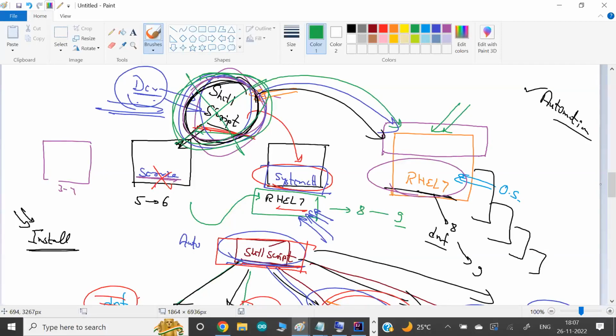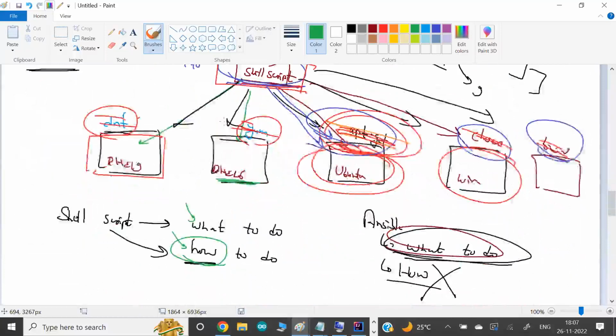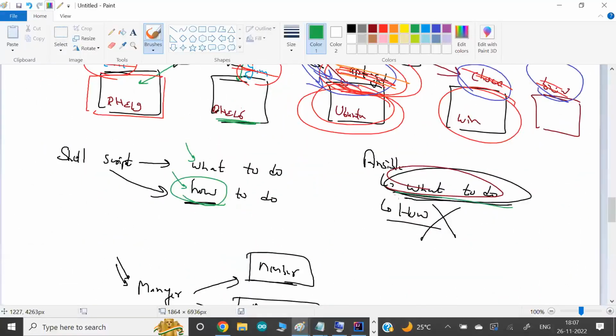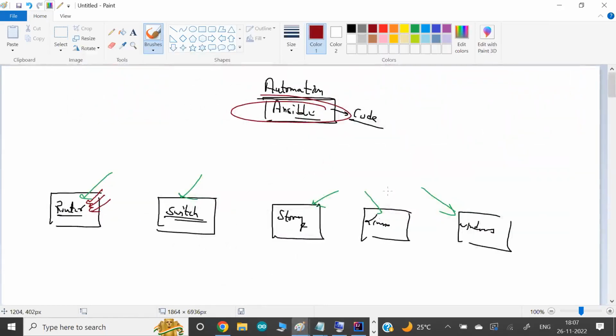Okay, with the approach that Ansible provides, and Ansible uses the approach called declarative approach. It means declare it to me, I will perform it for you, not the imperative way. Imperative means tell me what to do and how. But here you don't have to say how, only what to do. Okay, so guys, I believe you understood this part.